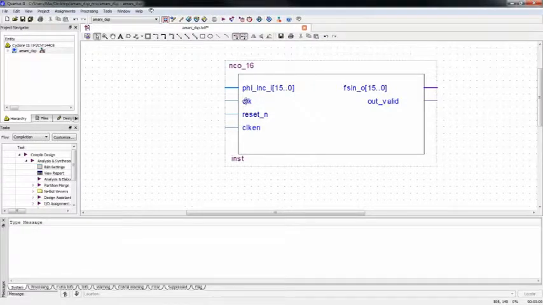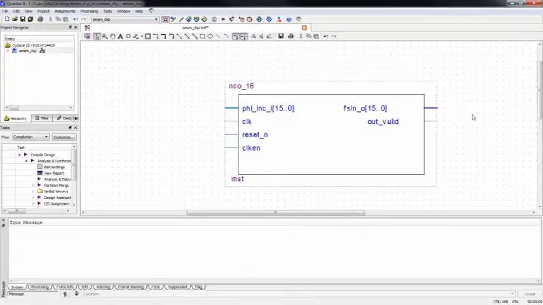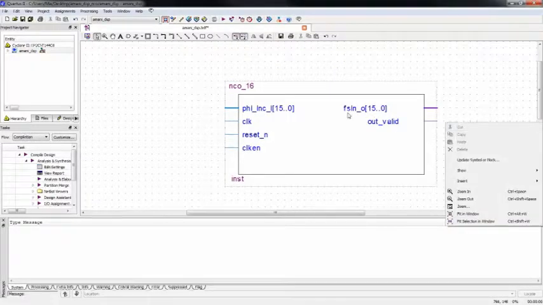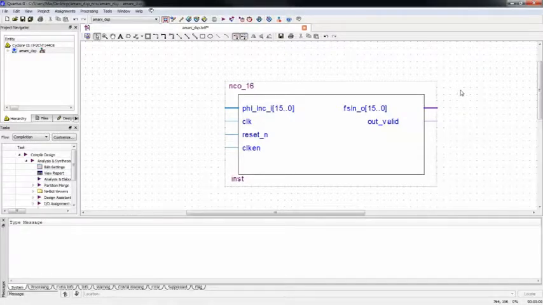Next we have the clock input. We have the reset and the clock enable. On the output we have the F sine underscore O, which basically means this is the sinusoid output, 15 down to 0, so that's a 16-bit parallel bus